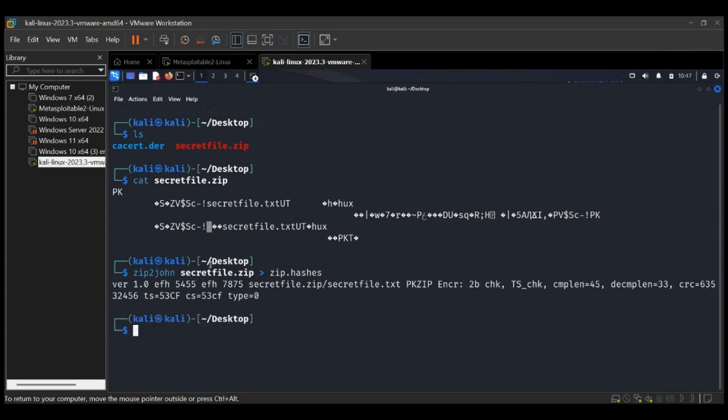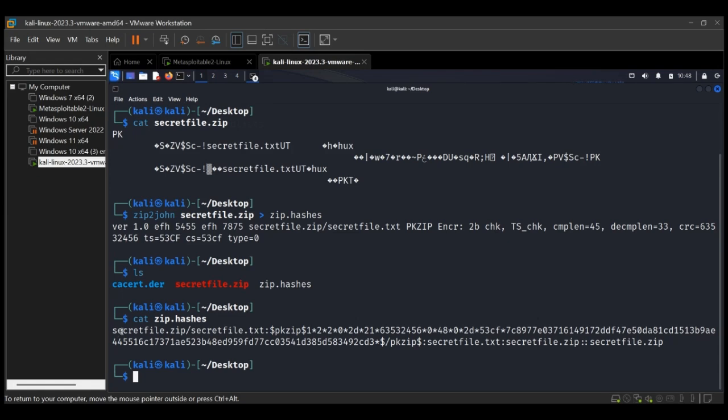Now what you are seeing here is telling us that we have actually created hashes of this zipped file. So if I do an ls again like this to get the list of files that are found in this desktop directory, you are going to notice that now we have secretfile.zip and we have zip.hashes here. Now let us prove that there are actually hashes inside this new file. If I do a cat zip.hashes like this, you see that these are the hashes of the password which we used